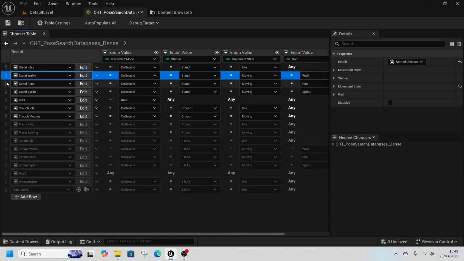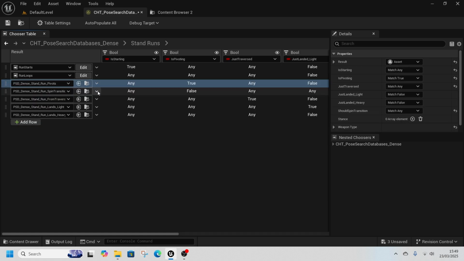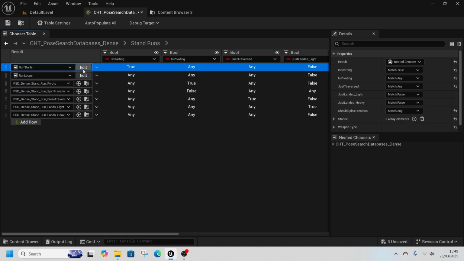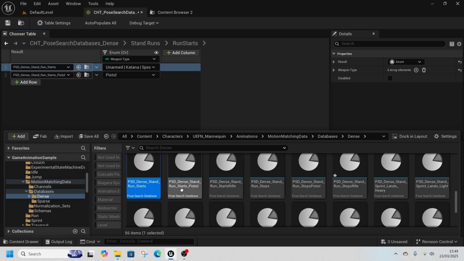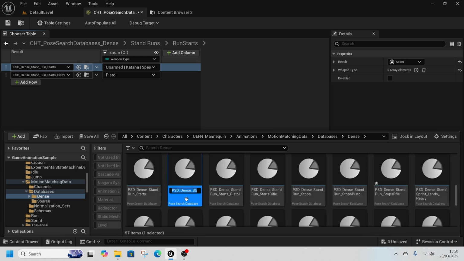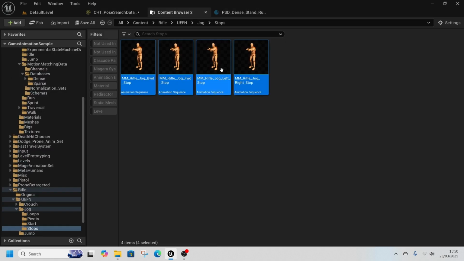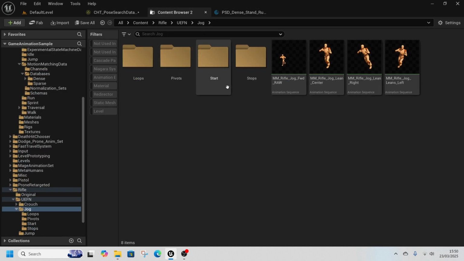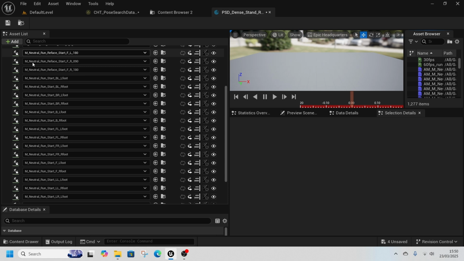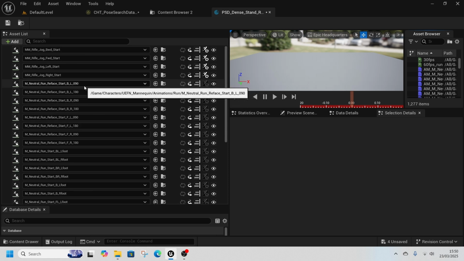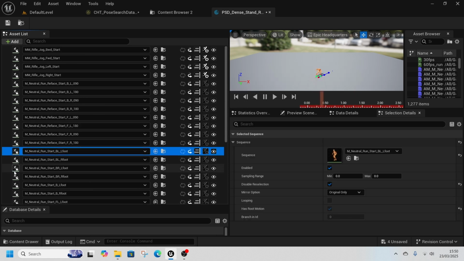Now if we go to the runs, we've got our run starts. So we can open that. Find our stand run starts. Duplicate that. Stand run starts rifle. Come back to our content browser. We've got our starts, rifle jog, start, left, right. Come back here and put them in here. Then we want to get our